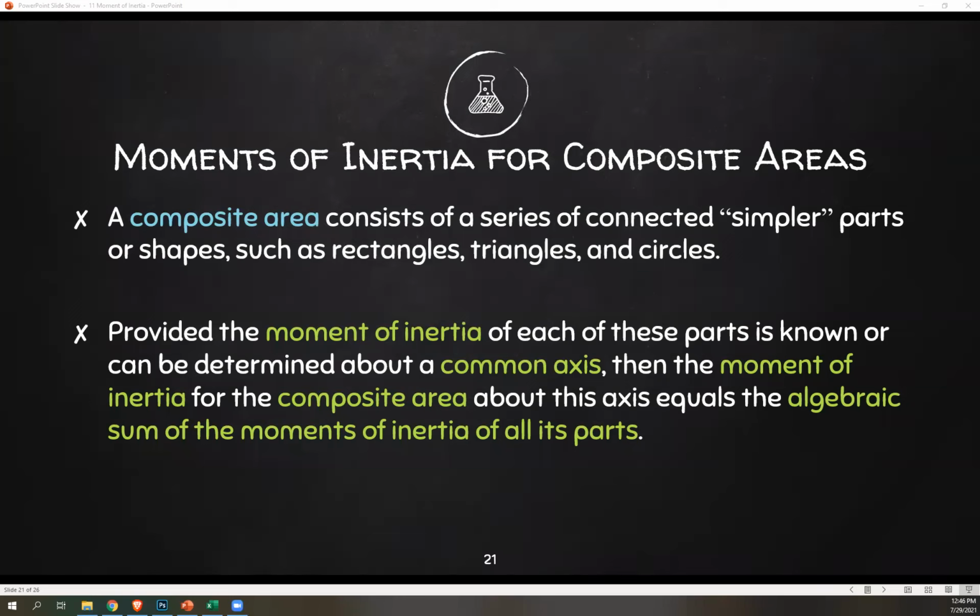Provided the moment of inertia of each of these parts is known or can be determined about a common axis, then the moment of inertia for the composite area about this axis equals the algebraic sum of the moments of inertia of all of its parts. So again, for a composite area, we're just going to take the algebraic sum in the same manner you did for centroid. This means that for empty spaces, we're going to use negative. Okay, so for us to better understand, let's look at